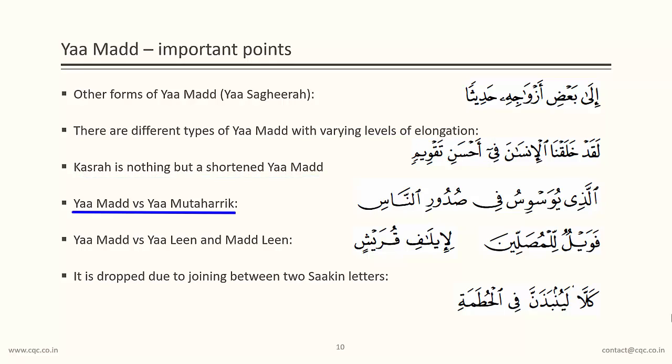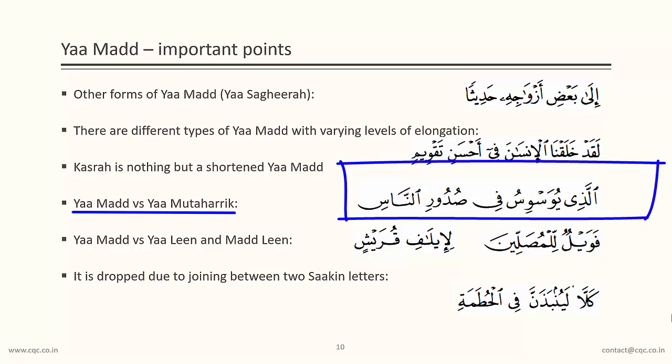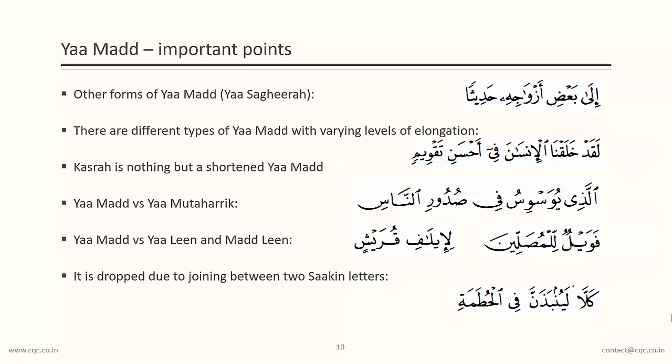Just as we have a Waaw Mutaharrik, we can also have a Ya Mutaharrik. For example, in this verse we see yuwaswisu fi suduri. The first ya is having a dhamma, you, whereas the second ya is Ya Madd and it is not having any sign on top of it. In the next example, you see the first ya is having a sukoon sign, whereas the second ya is not having a sukoon sign. So the first is a ya leen, while the second one is a Ya Madd,